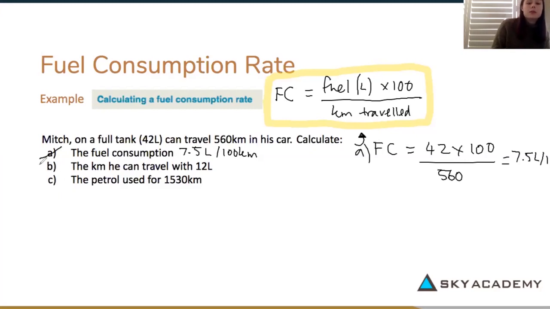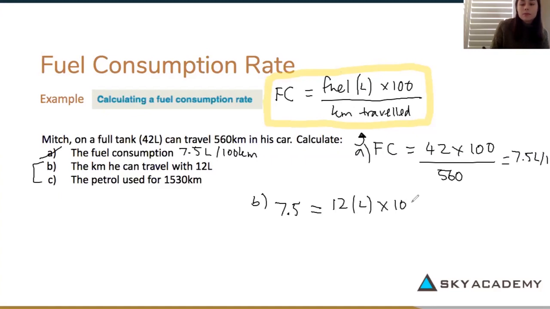Now for question B and C, we're going to use the fuel consumption we just found to find either the kilometres or the petrol. So let's have a look at B. We need to calculate the kilometres he can travel with 12 litres. So I'm going to write my fuel consumption formula with information from question B. I know my FC to equal 7.5. And I'm going to equal the fuel, which is 12 litres in this case,